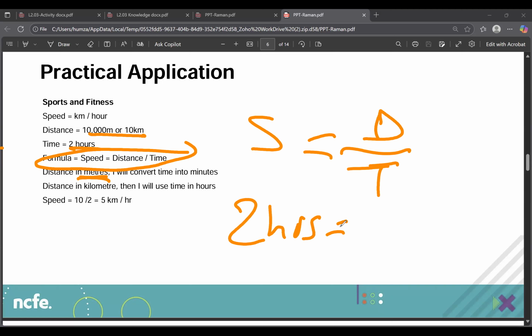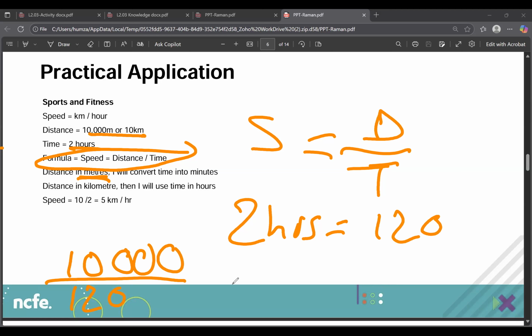2 hours in minutes is 120 minutes. So to work it out in meters, we would do 10,000 meters divided by 120 minutes, which equals, if we do that in our calculator,